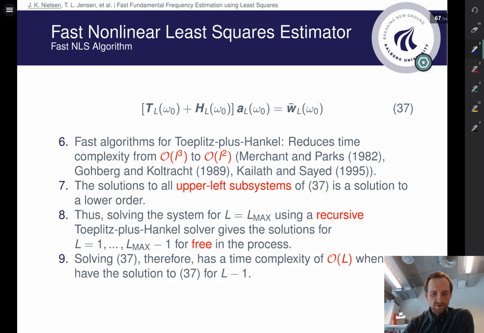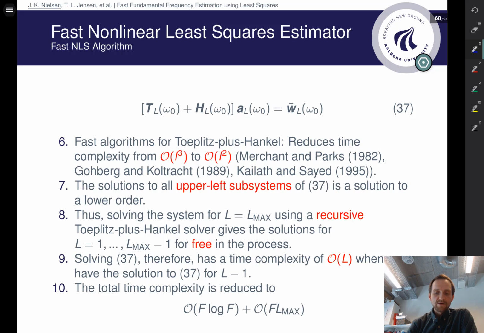So it means that when we go from the model order L minus 1 to L, then the complexity is only linear in L to solve this triplet plus Hankel problem there, and therefore this will bring the complexity from L cubed to just L to the power of 1 here,